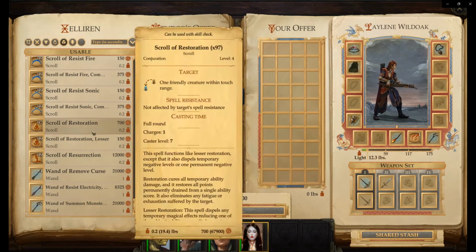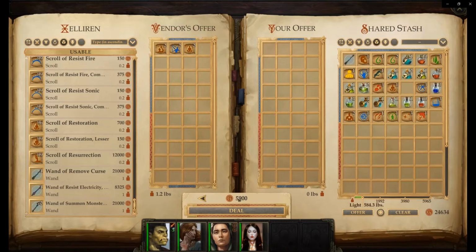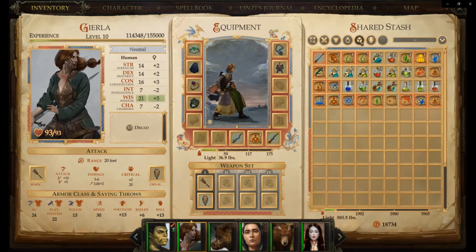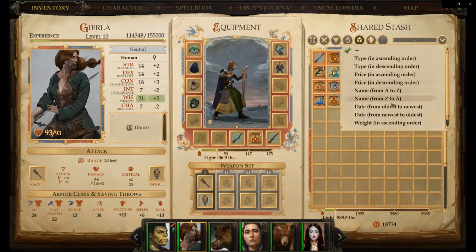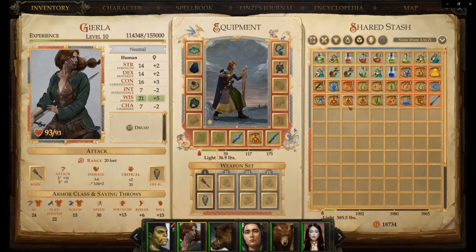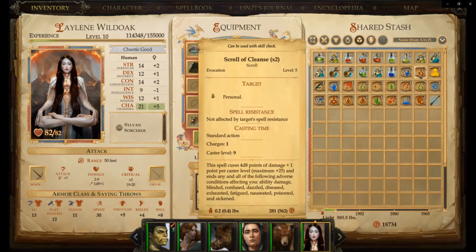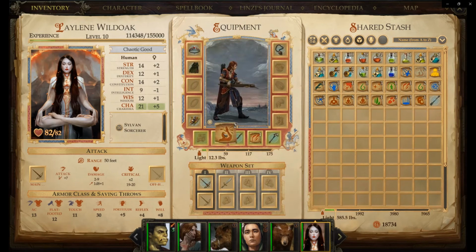Now, that being said, where this party does start to run into some issues is that we really need to be careful about our survivability. This party is far from being a glass cannon party, right? It's not like we don't have a lot of hit points, don't have a lot of AC, stuff like that. Where we are weak is that if our front line starts to collapse,